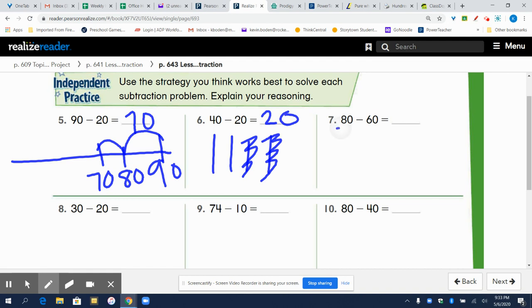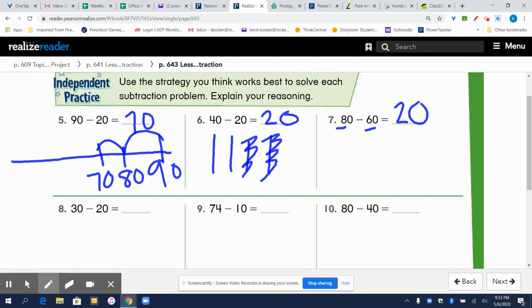Right now, I can see that there are 8 tens, and I have to take away 6 tens. So I'm going to simplify this problem. I am going to just do 8 tens minus 6 tens, or 8 minus 6. So if I count backwards, 8 minus 6 is 7, 6, 5, 4, 3, 2. All right, I'm at 2 tens, and the number for 2 tens is 20. So 8 tens minus 6 tens is 2 tens, or 80 minus 60 is 20,